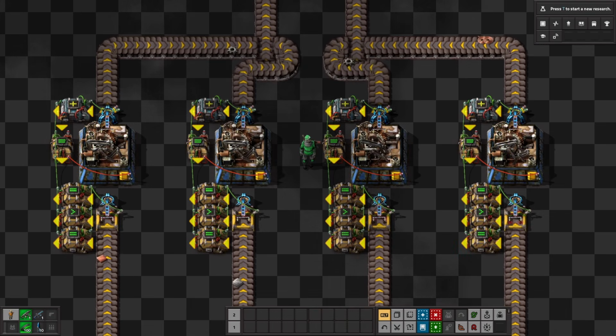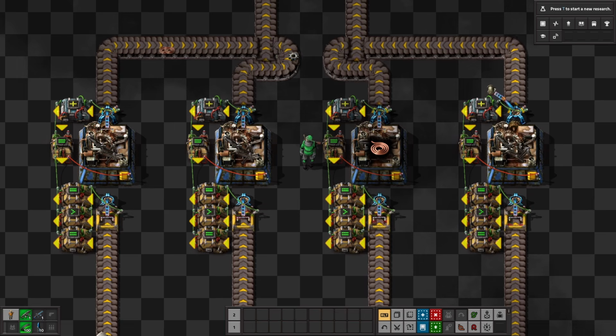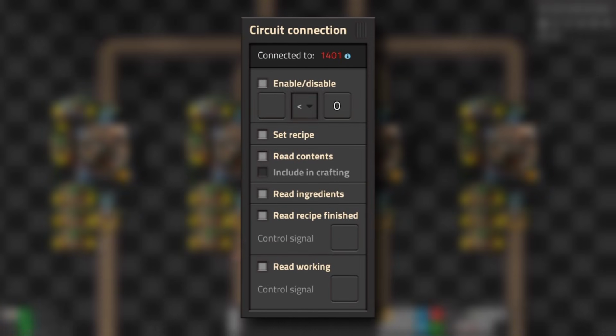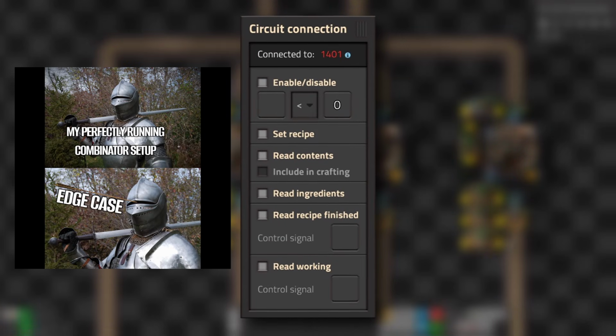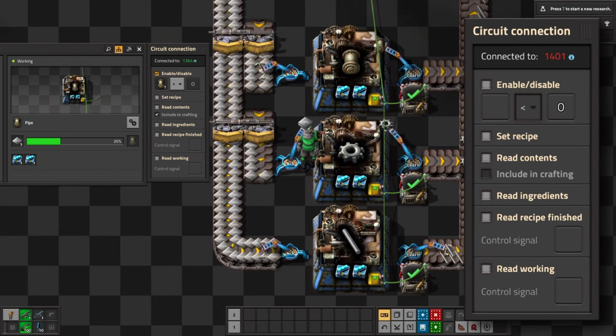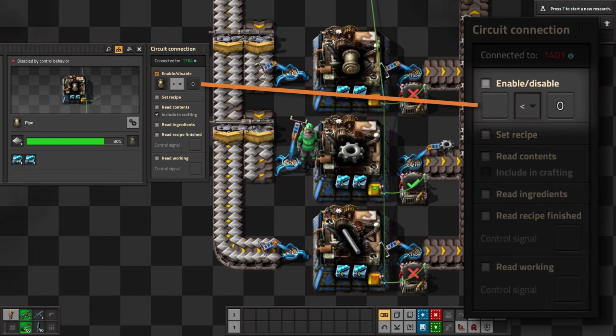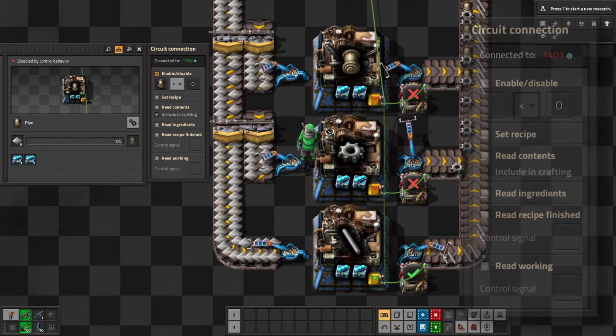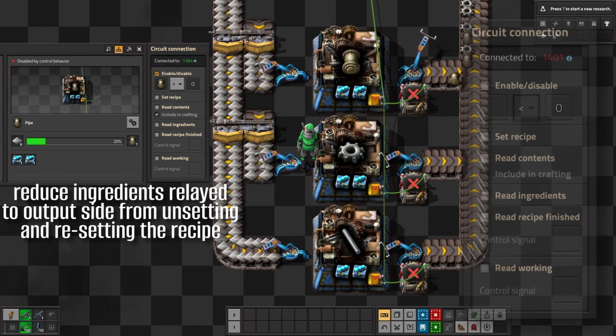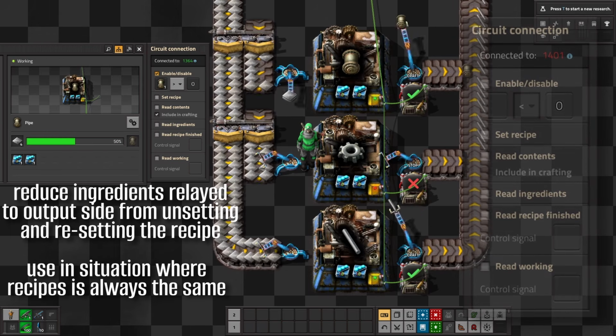Pretty good so far. We now reach the point where we can tell a crafting entity what stuff to make and it actually doing so. Do not skip on the details, let's talk more about available control options and some important edge cases. Pausing the crafting process can be done with a global enable/disable condition. Doing so can help minimize ingredient item spillage on the output side, since the recipe itself doesn't change when the